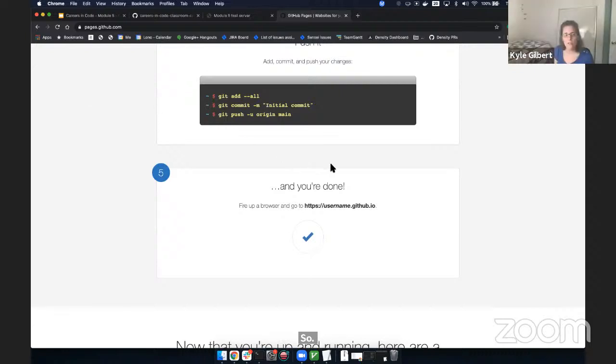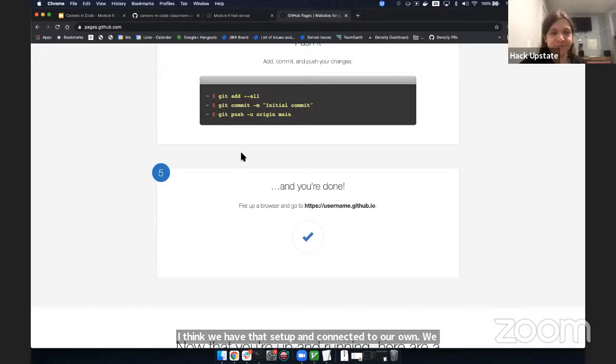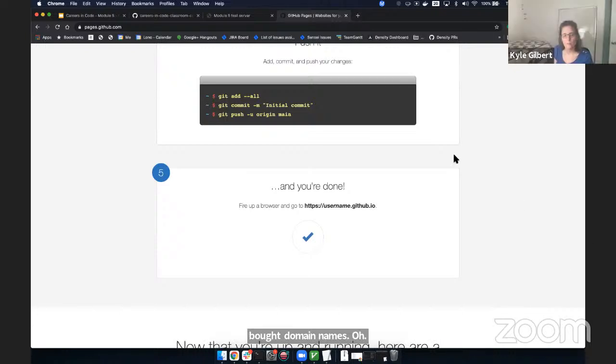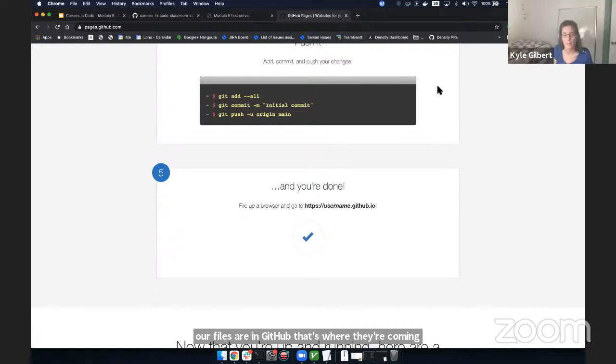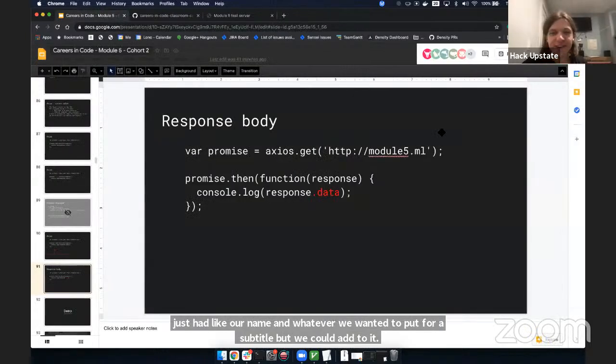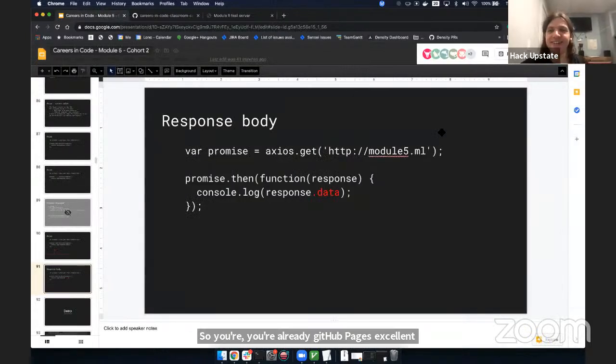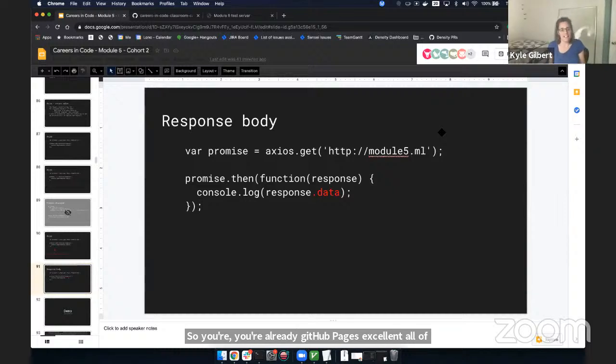I think we have that set up and connected to our own domain names. We bought domain names a while ago, and we connected those to our GitHub. Our files are in GitHub, that's where they're coming from. Yeah, okay, very basic website. It basically just had our name and whatever we wanted to put for a subtitle, but we could add to it. So you're already GitHub Pages experts, all of you. Okay, I don't know that we're experts, but